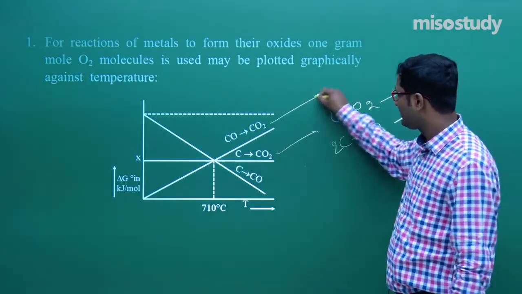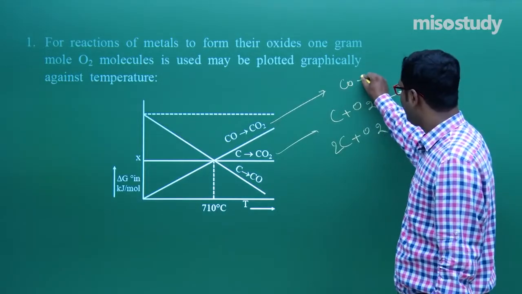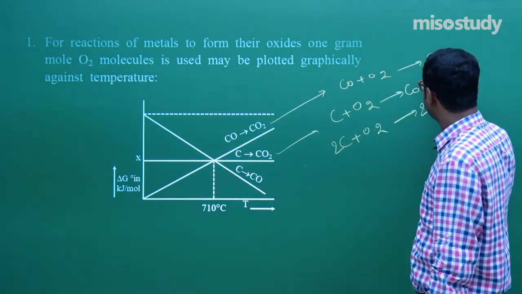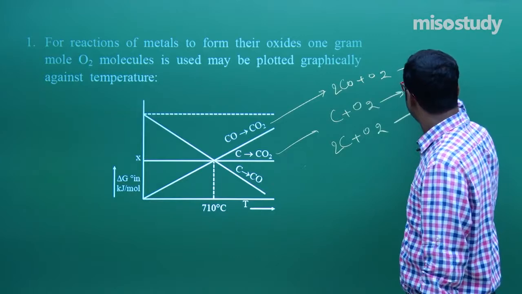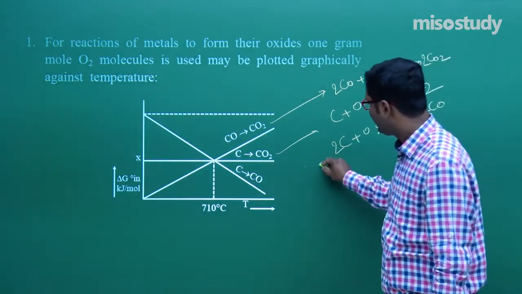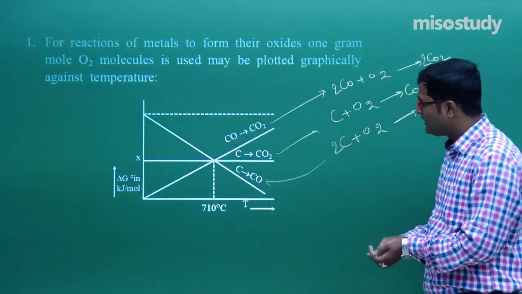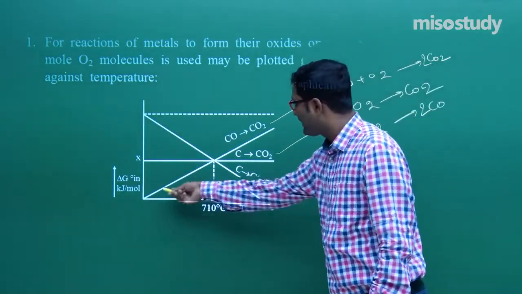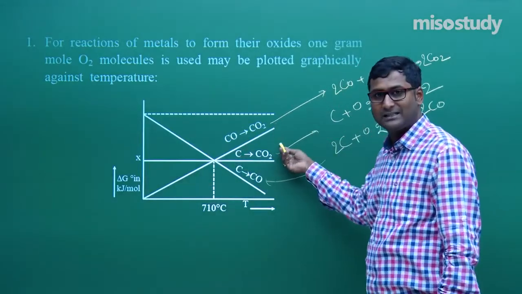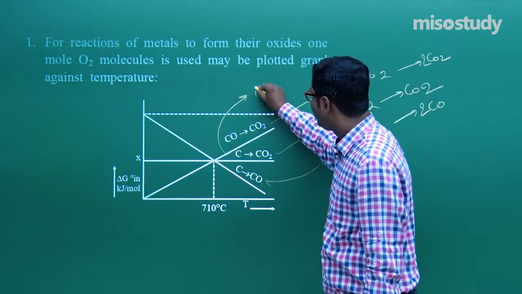Now, the third one, what will happen? 2CO plus O2 gives you 2CO2. Put 2 here, put 2 here, that is 4. This is the third reaction here. Now look at what the question says. As we know, here the graph is moving up, that is the plot is positive, then definitely in this case delta